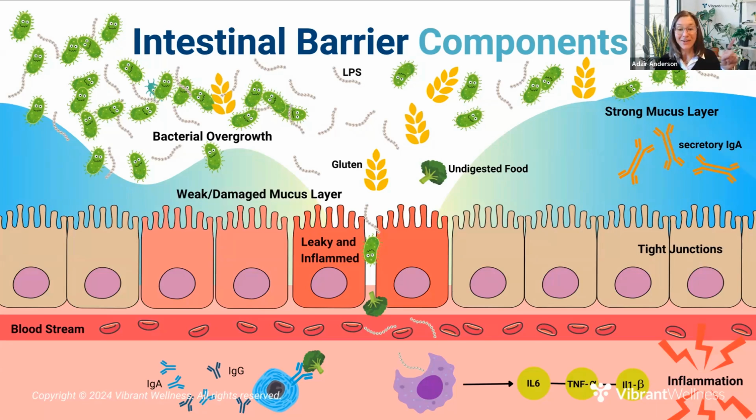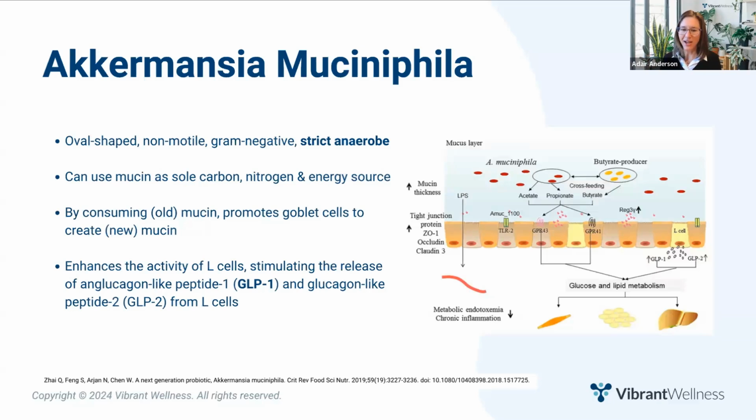In addition to the one layer of cells, a healthy barrier also includes a robust mucus layer filled with appropriate amounts of secretory IgA. We've already talked about secretory IgA, so please allow me to introduce our final topic, which is Akkermansia muciniphila. Akkermansia is a keystone species. It is crucial to a healthy intestinal membrane, specifically to the layer of mucus that protects the one layer of cells that form the barrier between our gut lumen and our bloodstream. As the name suggests, Akkermansia muciniphila is a mucin-loving bacteria. It readily consumes mucin, which is the main protein found in the mucus.